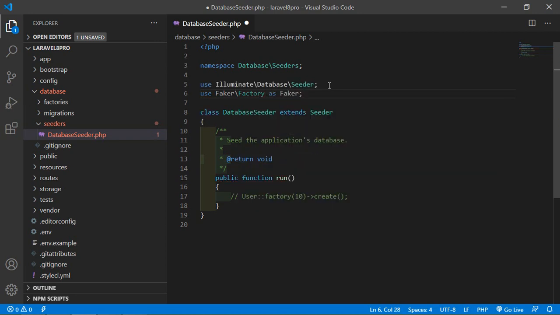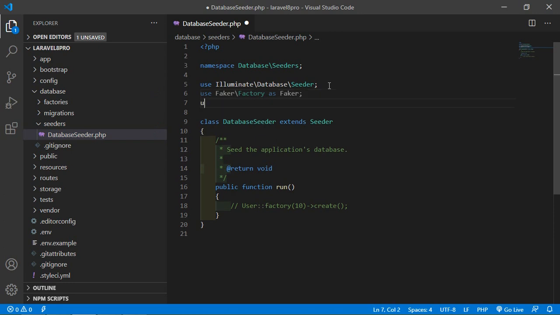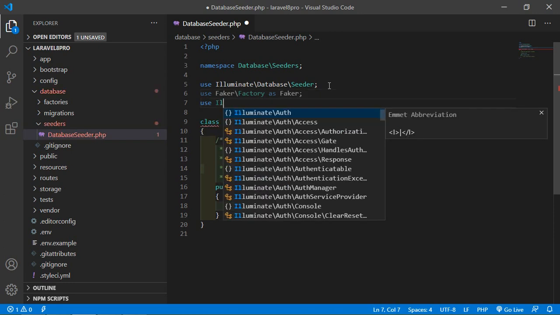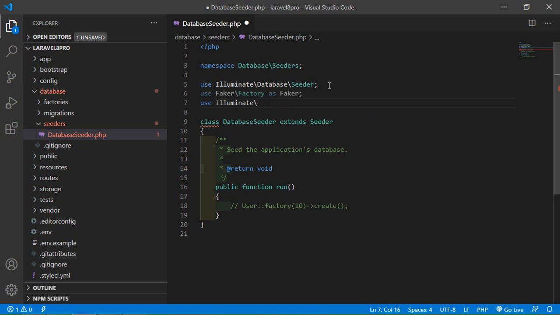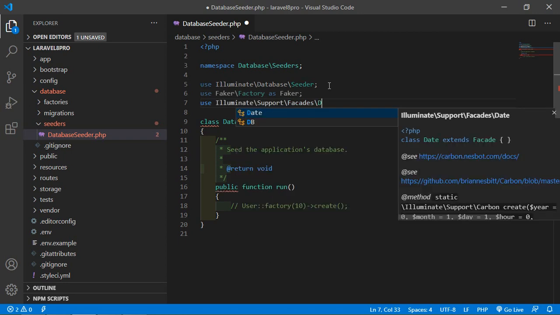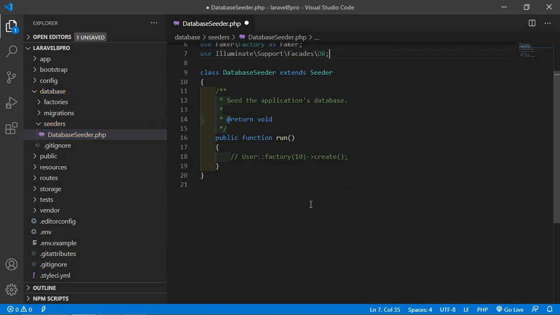Okay, and now also import the DB, so just write use Illuminate\Support\Facades\DB. Alright, now inside this run function just add here